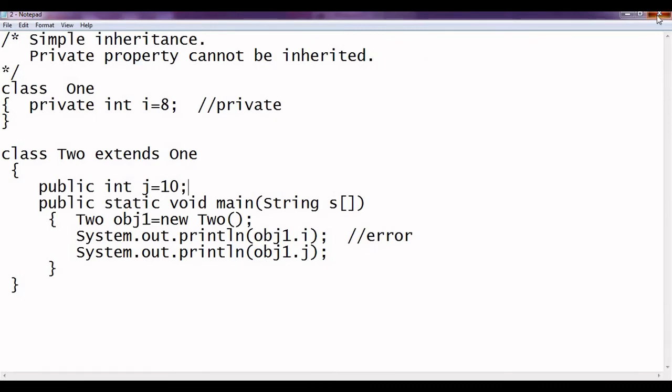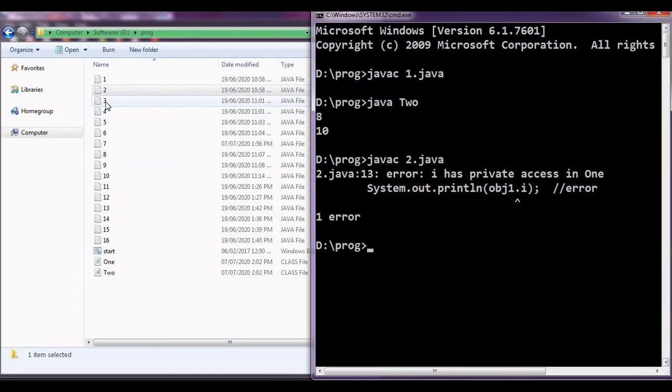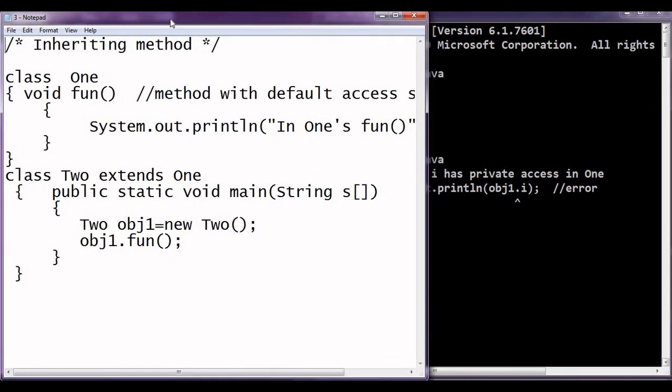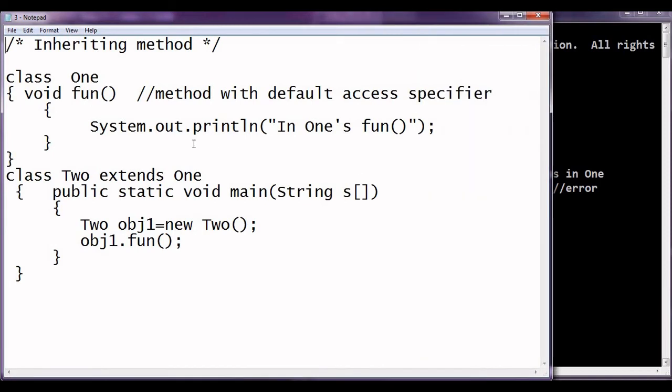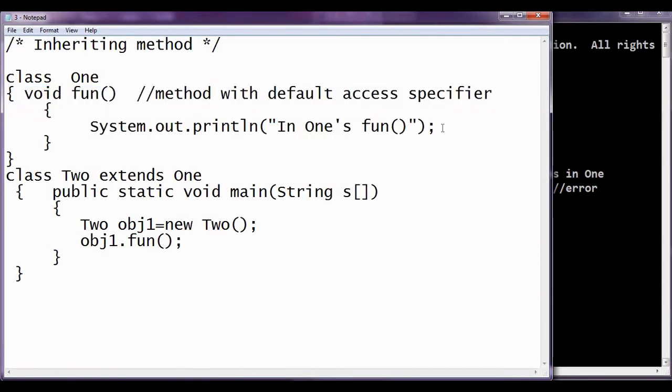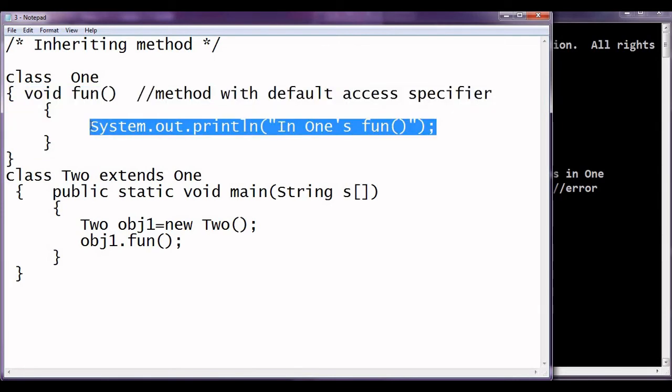So now let us go to the third one. Similar to variable inheritance, we can also inherit methods. Here we have a program with a fun method. For simplicity we have put a message that we are in fun, in class 1's fun.